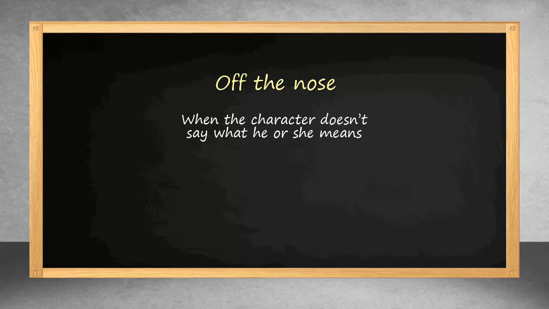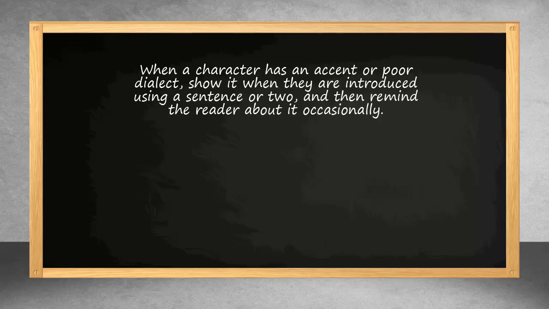And what about dialect? Sometimes in your story, you'll have someone that has a very bad accent. Perhaps they're not a native English speaker, and you want to show that. But what I find that many authors do is they show it too much. All you really need to show that this person has a difficult time with the language is to show it once at the outset, and then occasionally remind the reader of it. You don't need to show their poor dialogue in every sentence. It gets difficult to read after a while, and the reader gets tired. So just remind the reader of it once in a while. Sometimes all it takes to remind the reader of the poor dialect is just a sentence that says the character had to think a minute about what they said.